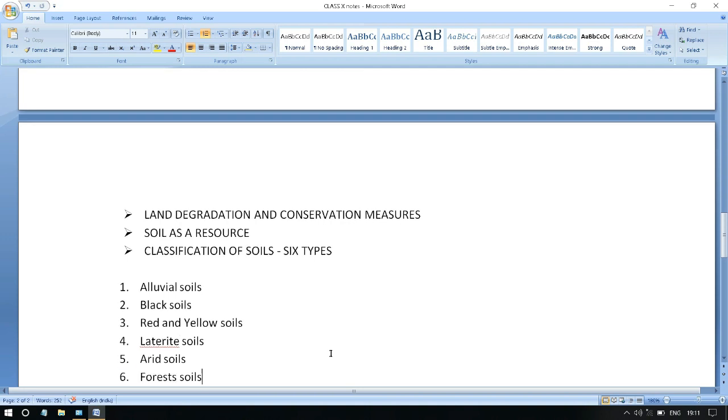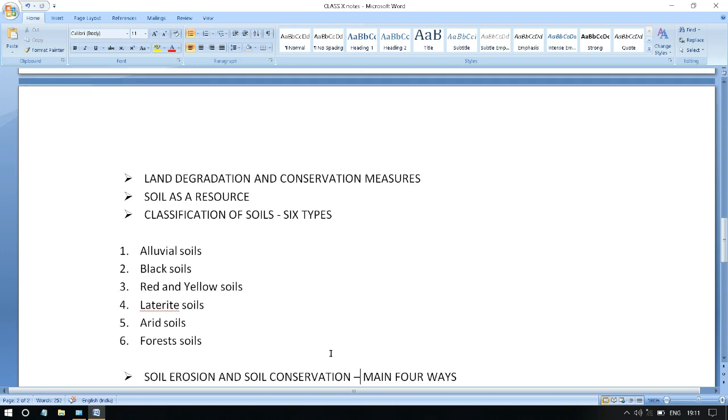At the time of the map, of course, I will tell you a very easy method of how we are going to learn this map. Map work is also very important, it carries very good marks. A 3 mark geography map will come in your board examination. So that is very important to learn. And by the name, I'll explain each and everything to you. So there's no need of any kind of rectification. So just wait for my next videos.